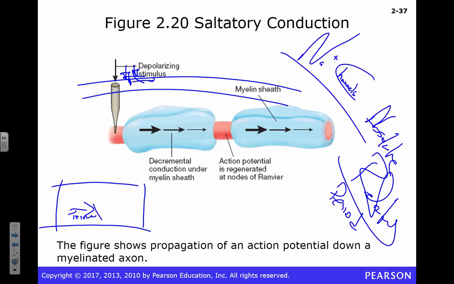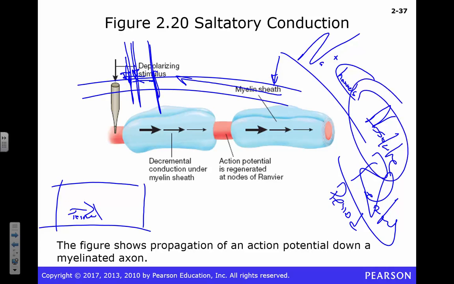Theoretically, and this happens experimentally, you could start the action potential down here. You could put in some kind of electrical charge, and it would go the other way. Right? Because of that absolute refractory period. Okay? So sodium channels are going to open and close, open and close, open and close. And because they're closed completely for a brief period of time, that charge can't go backwards. It's got to keep going forwards toward those terminals. So that's pretty cool. I think it's pretty exciting. All right. That's what's going on inside of a neuron.